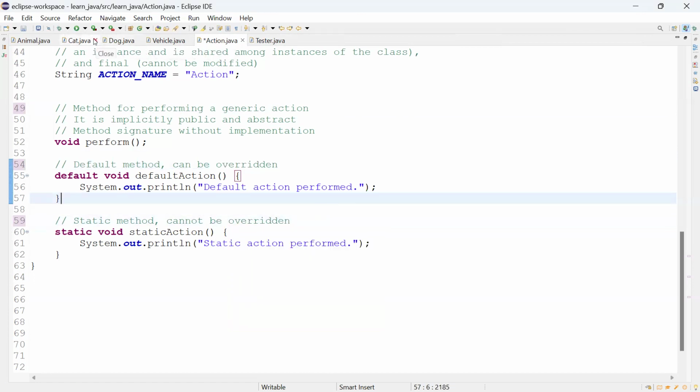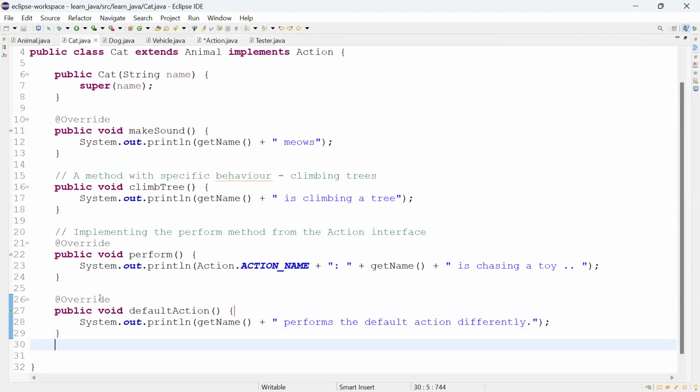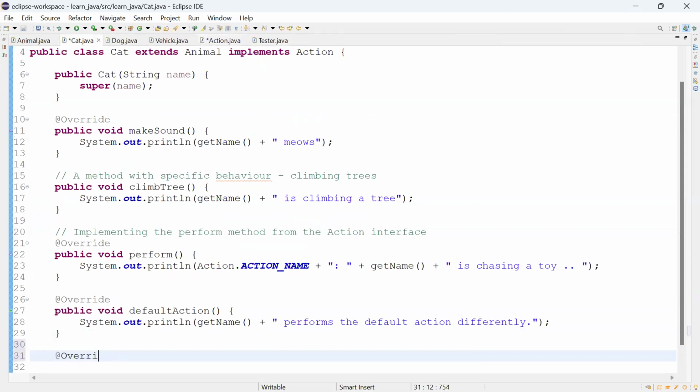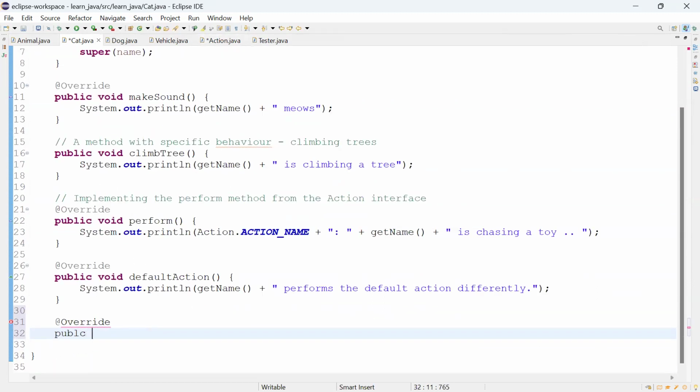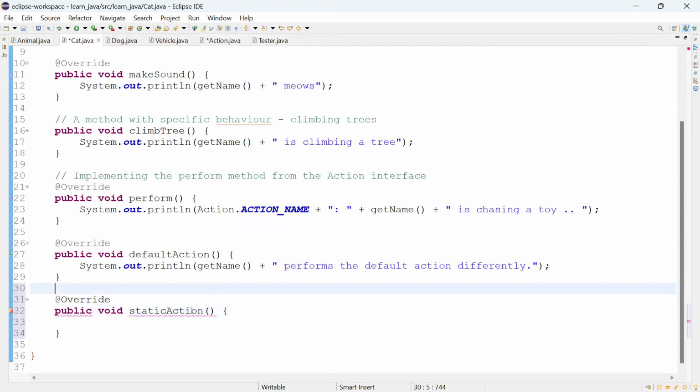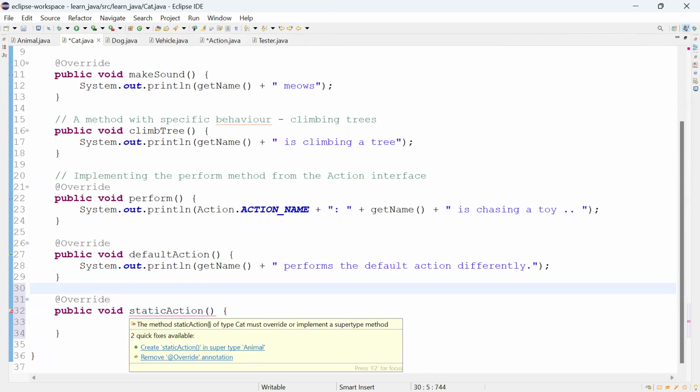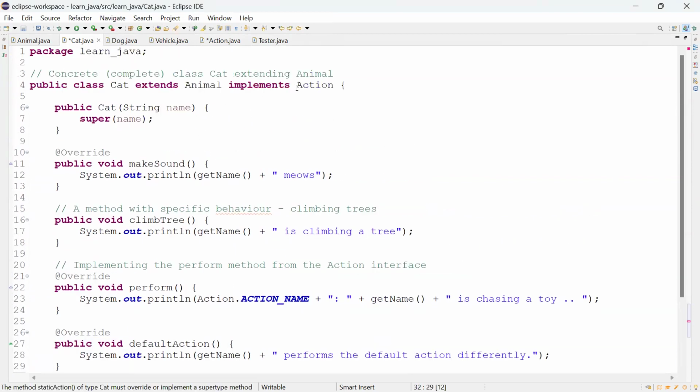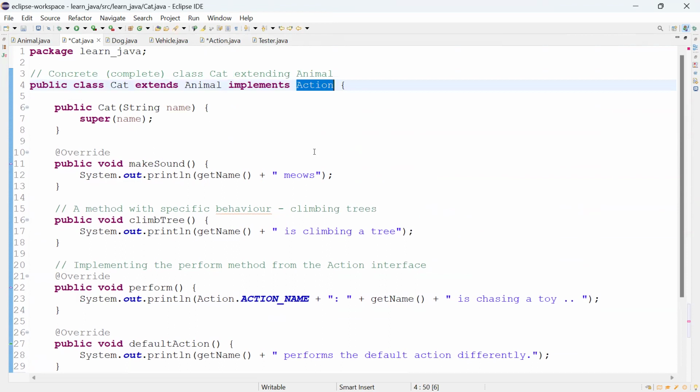All right, so let's go back to the cat class and I'm going to see what happens if I try to override the static method. So public void static action. Let's see what we get. Oh, let me first do it correctly. So here the method static action of the cat must override or implement a super method. So it's not really identifying this in the interface it's implementing, because